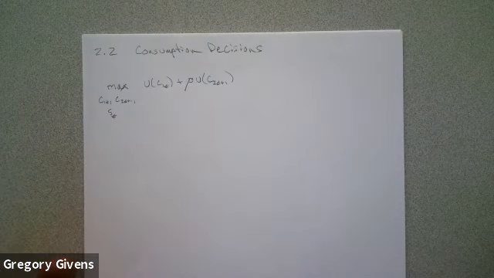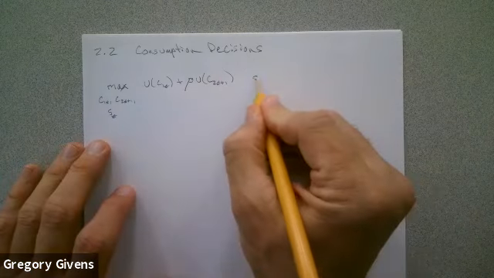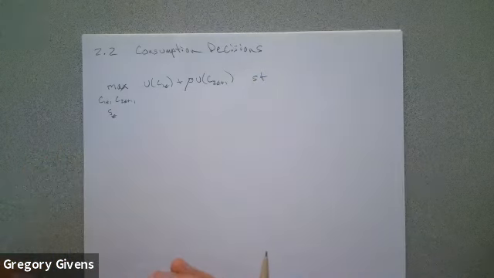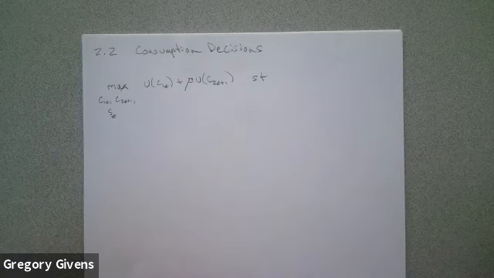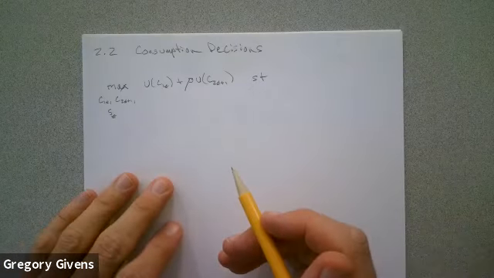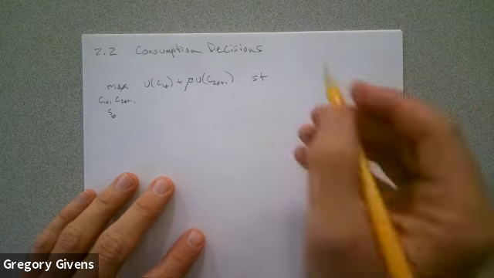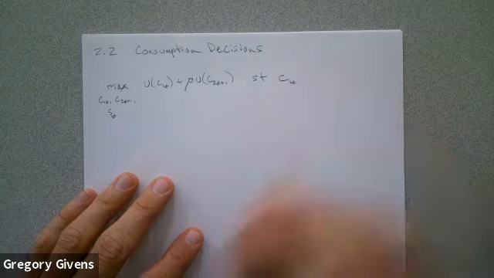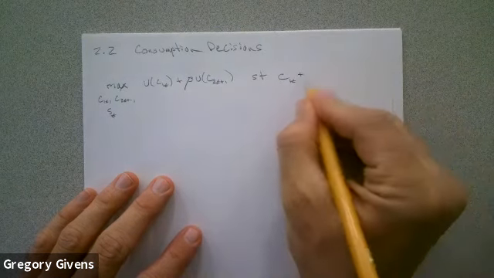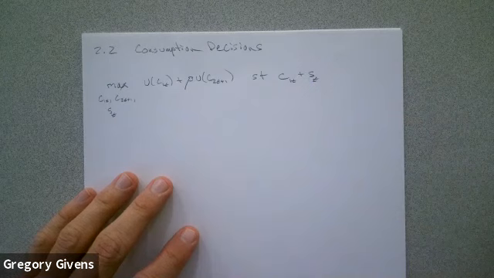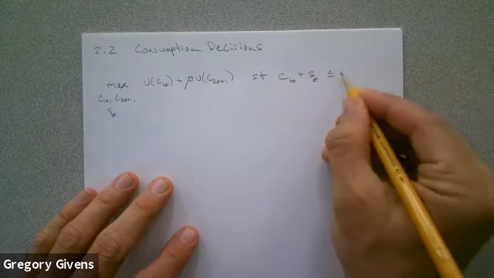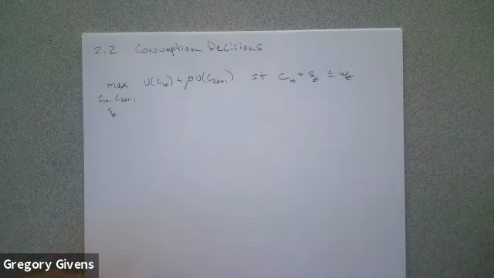Now, how is a person who's born at date T, how is their lifetime utility problem constrained? This is not an unconstrained problem, it's a constrained one. This person is going to have income constraints that they face in both periods of their life. Well, what does that income constraint look like when they're young? Quite easy. Their consumption plus whatever they decide to set aside in the form of savings